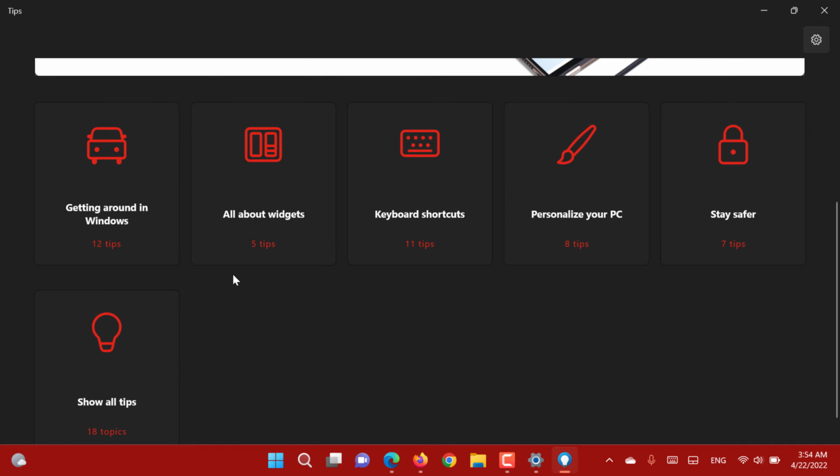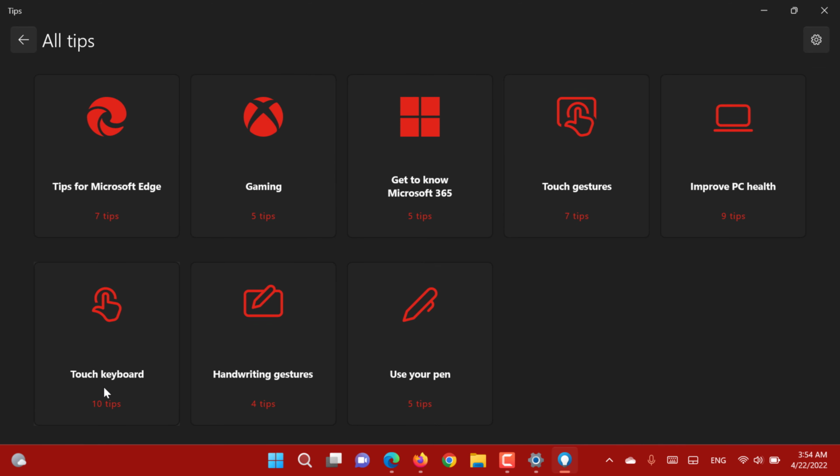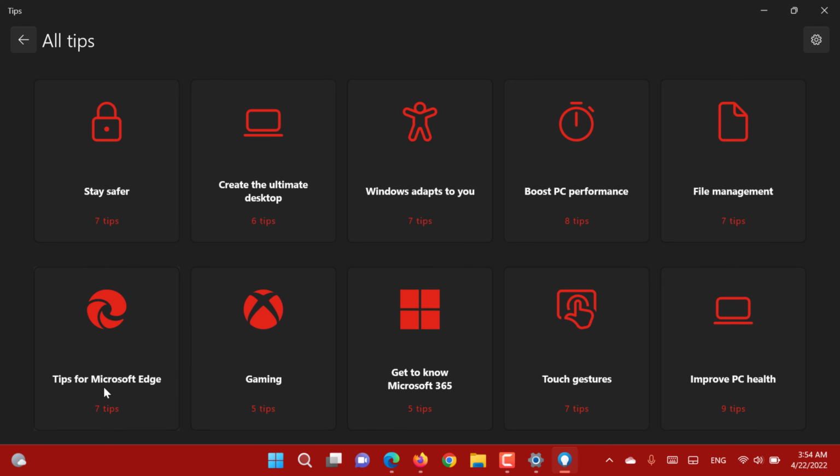of the users. You can see getting around with Windows, all about widgets, keyboard shortcuts, personalize your PC, or stay safer. Those are safety tips. You can have tips by category, so you can click show all tips and see all the tips regarding every menu, regarding every feature. For example, if we start with stay safer,